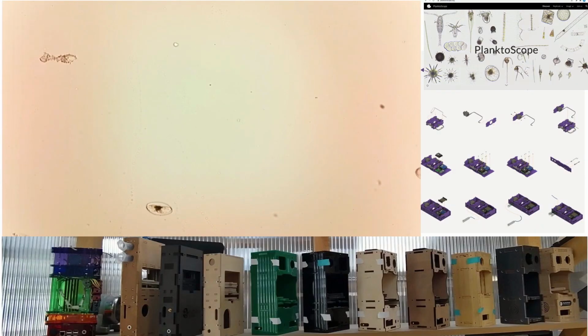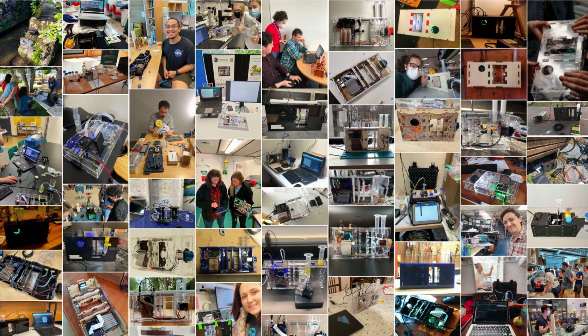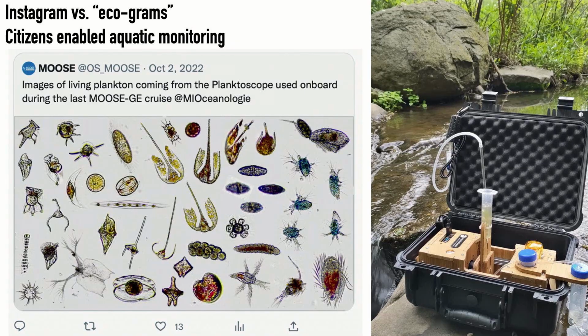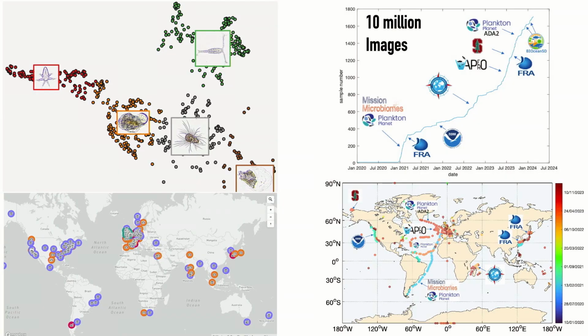We posted all of the innards of this on the web, and something really remarkable happened. Within 6 months, that project became that. Hundreds of people around the world started building these tools, started posting pictures. I call this the ecograms of the world, not the Instagrams. And much of this has now led to tens of millions of data sets that have been collected all across the world, and this community is starting to grow. And again, it's a testament to thinking about a citizens first approach to measurement.